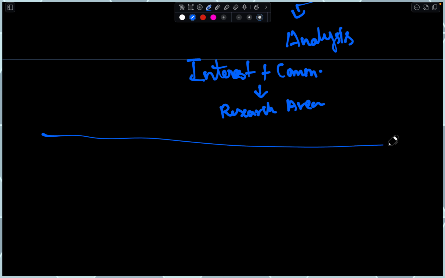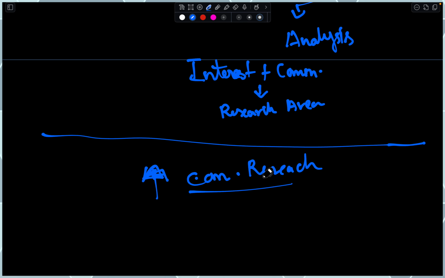How they are communicating the same thing in a different manner to make you believe that is what we want, right? So in these times, it's very important. So communication research is gaining a lot of importance, right? So this is how we choose communication research.